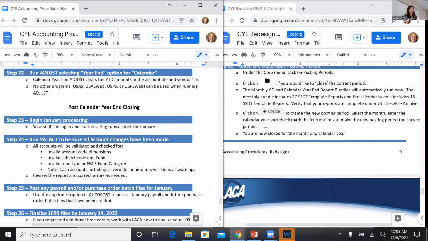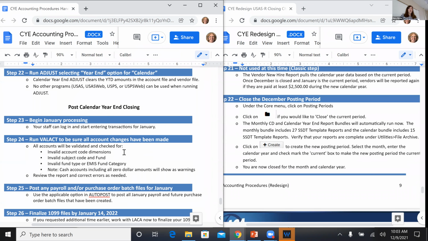And then step 22 is to close your calendar year in Classic using the adjust calendar year end option, and to close the month of December in redesign. So when you run adjust for calendar year in Classic, it's clearing a bunch of figures. When you close a posting period in redesign, this is going to close the month of December and close the